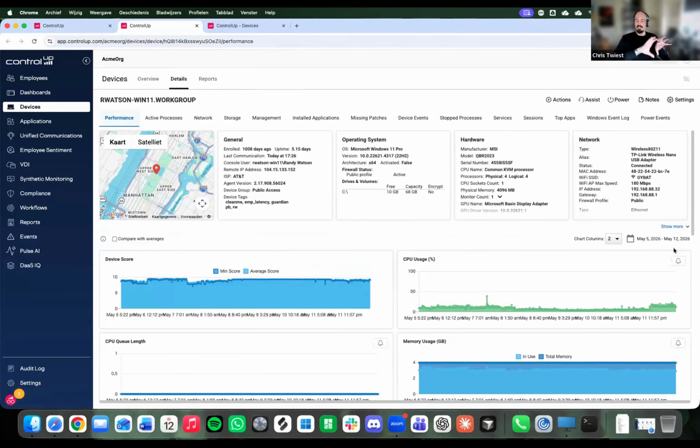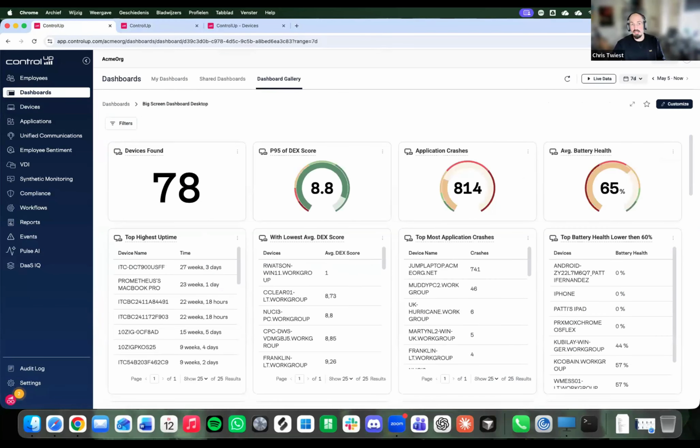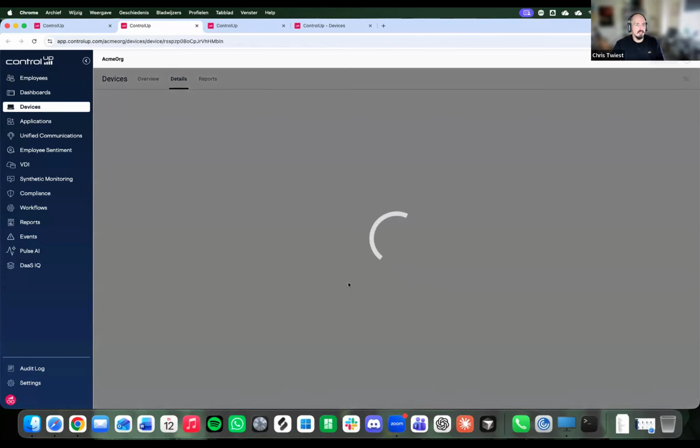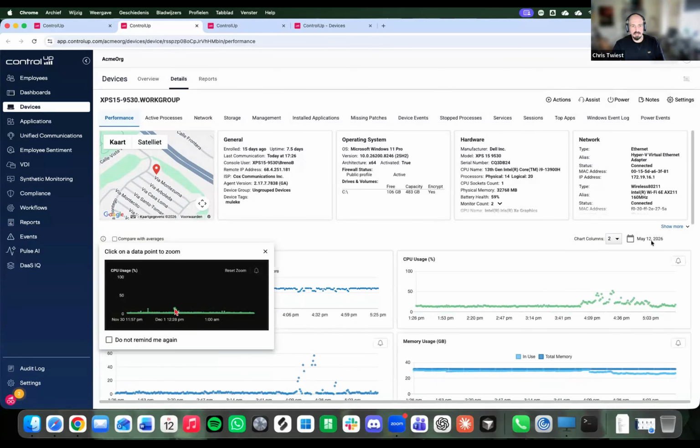So the device and the time frame, both are sent when you click on the device, which is really helpful. If I set this to the last 4 hours and I click now on a different device, then this will be the last 4 hours of data. So the dashboard and the rest of the product are better at talking to each other.